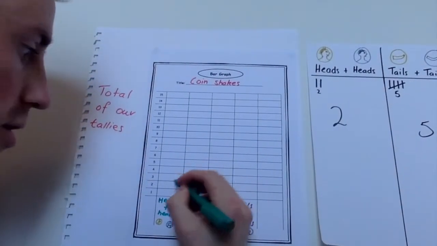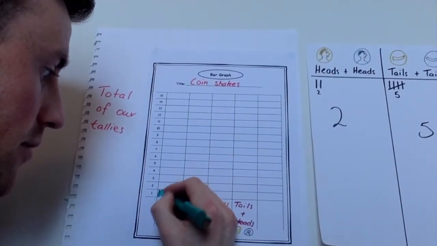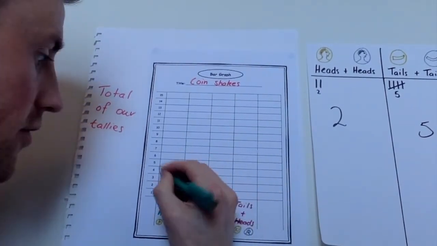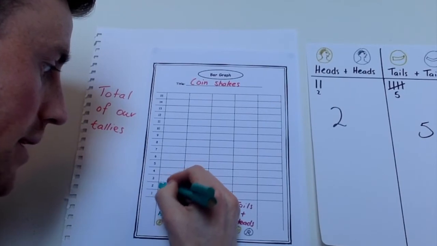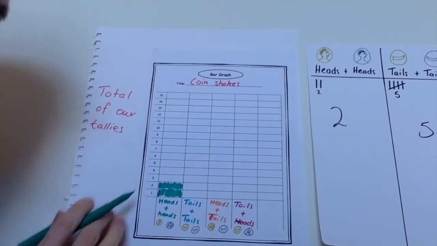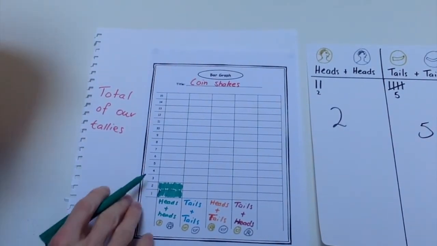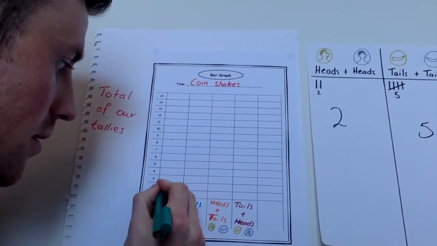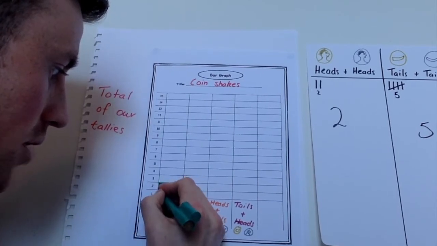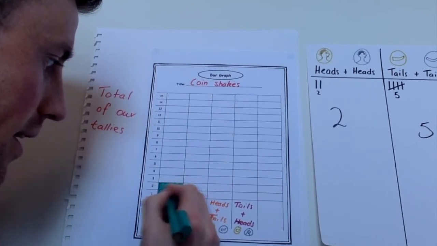Only up to 2. Sorry. So I need to colour in my first one because I know I've got 1. Okay. Then I need to colour in my next one. 2. Okay. Then I stop there because our result was only 2. Okay. So once you've coloured in up to your total for that tally,